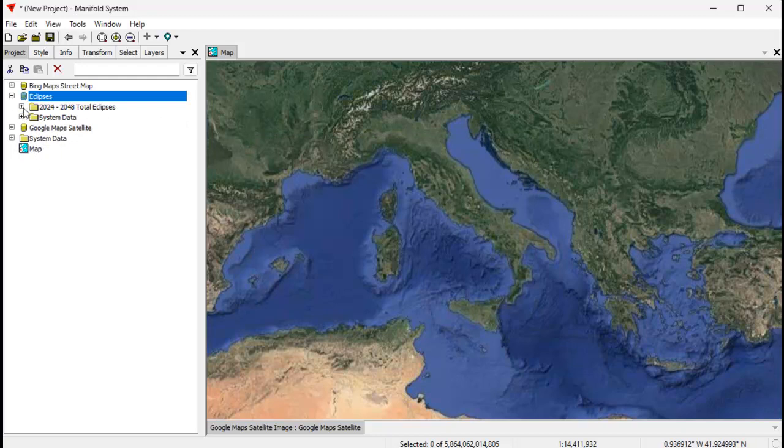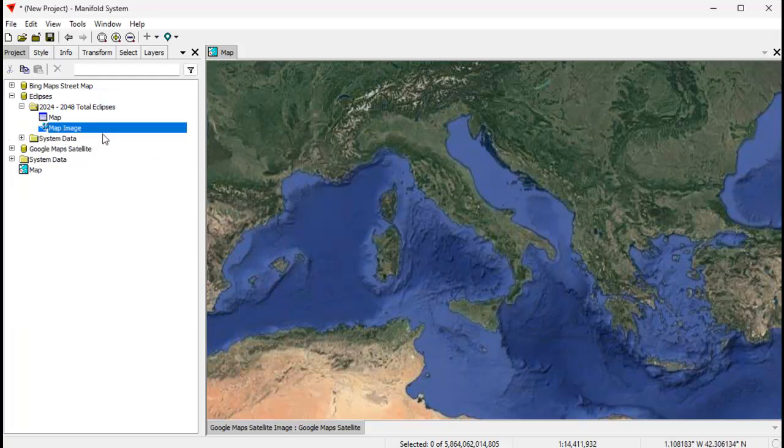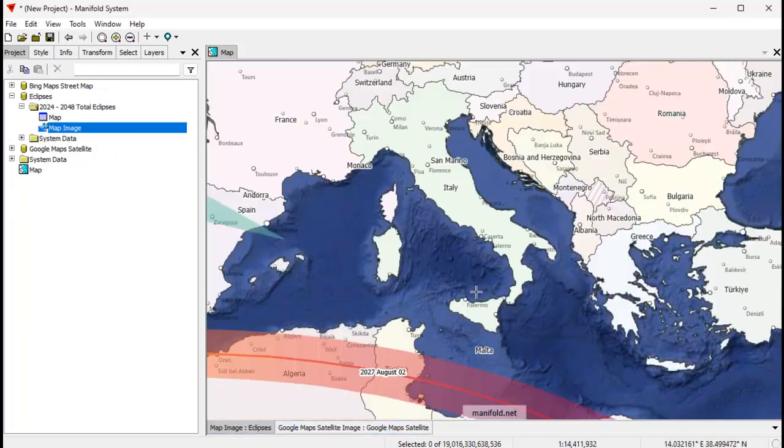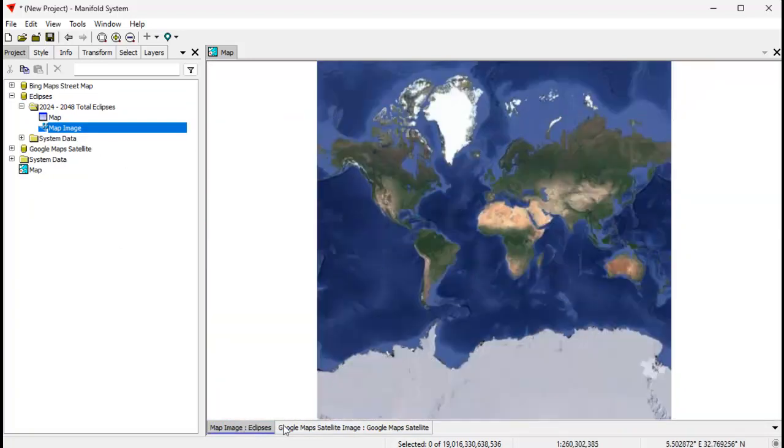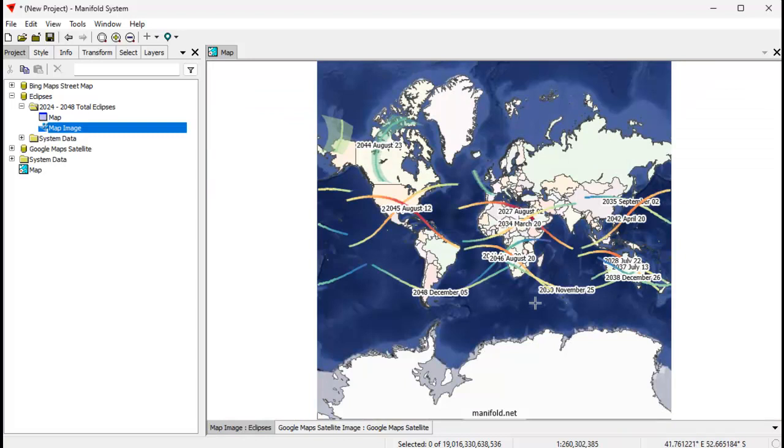There we go, total eclipses. And if I drag and drop this map image into the display here, there's two things that you can see. Let's zoom to fit on the Eclipse's website. You can see that where the blue background used to be in the website that was generated for the web UI, there's no blue background. It just has a transparency in between the countries layers, and that's so you can